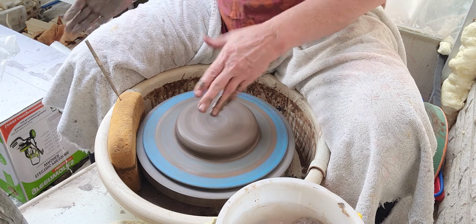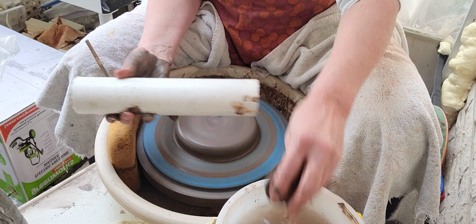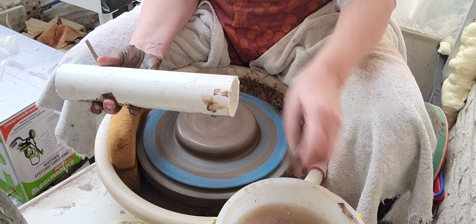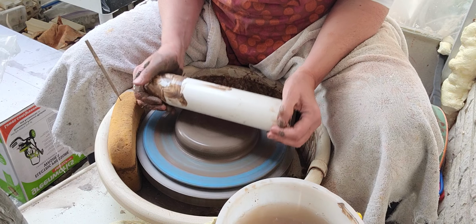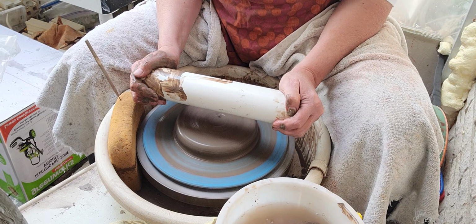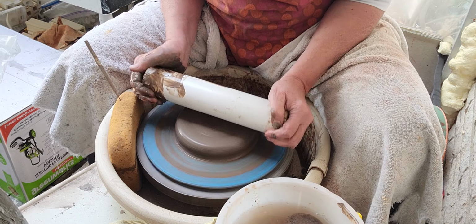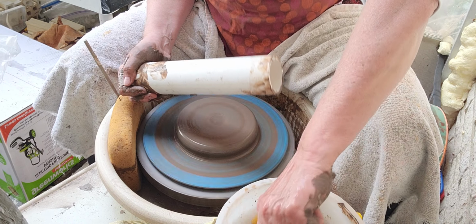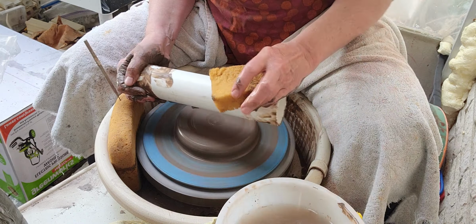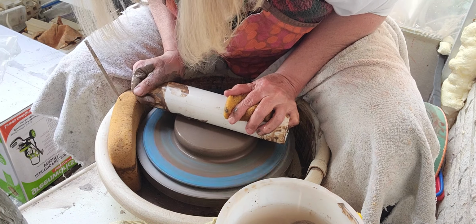Okay, so now I'm going to take this and put a generous amount of water on the clay. It's important to hold this down at an even level, so you're not making a plate like this or like this. And it's important to keep it wet. Now some people use a sponge as they're pressing down to keep the water flowing. And I've actually never tried it with the sponge. I just usually stop and